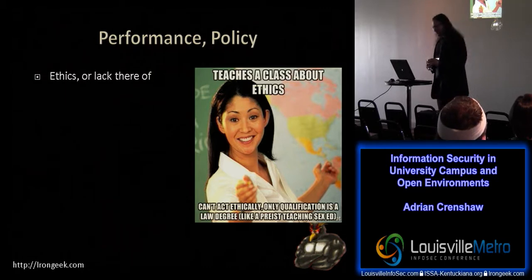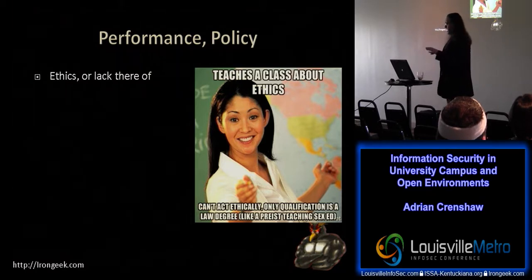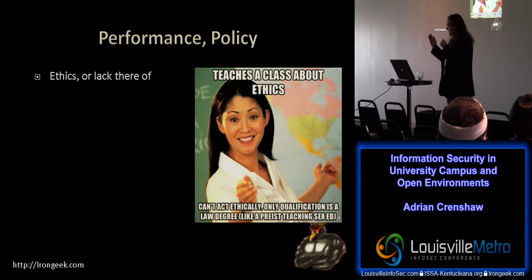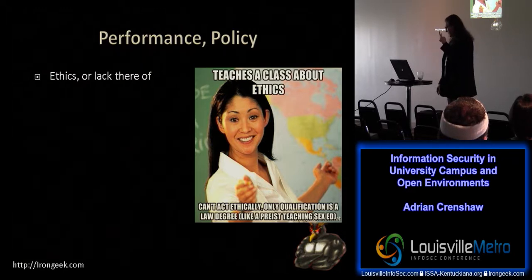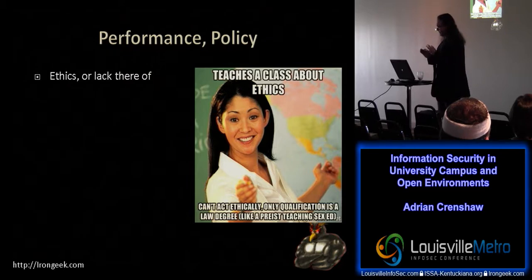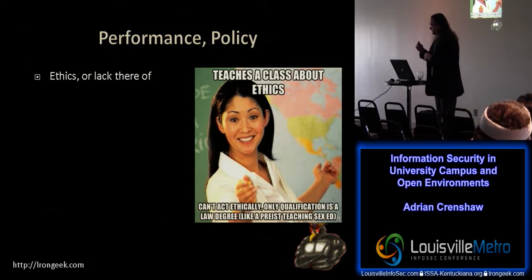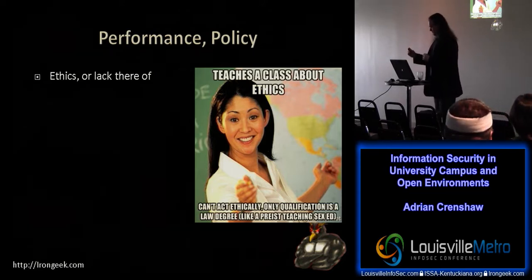Another thing I noticed with universities is ethics, or a lack of ethics. I was an MBA student at IU Southeast for a while, and I was in a business law and ethics class. And the number one thing I learned about ethics there was that the instructor, the director of the program, and the dean had no idea what ethics actually were. Actually, that's not quite a fair statement, because I think they understood ethics in the same way that I understand polymorphic shell code. I can kind of vaguely describe it. I can put some slides about it, but I can't implement it. The key difference there is I feel bad about the fact I can't implement it. But anyway,